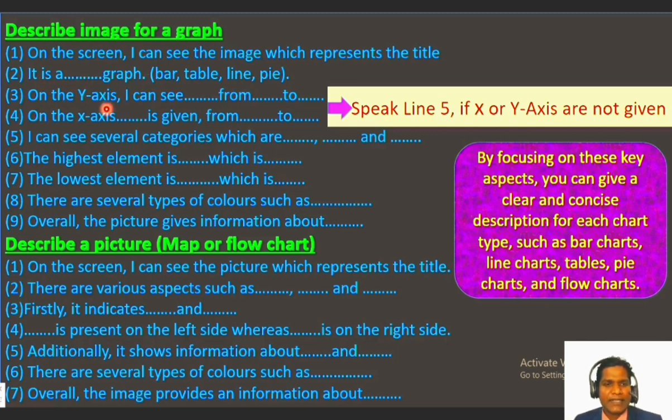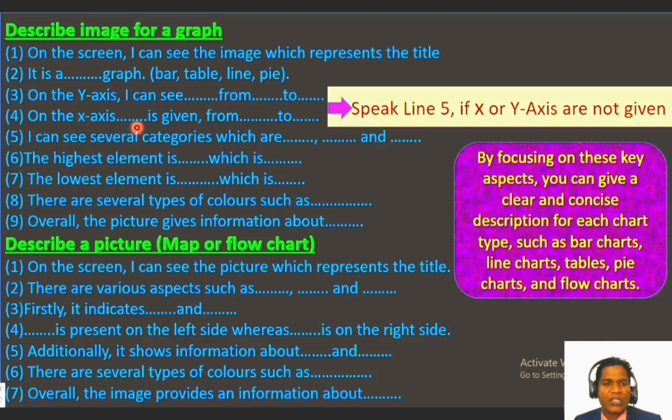On the y-axis I can see, so what kinds of things you see on the y-axis, you need to mention. For example, if you see numbers, from where to where you see the numbers, you should speak. For example, on the y-axis I can see the numbers from 0 to 200.